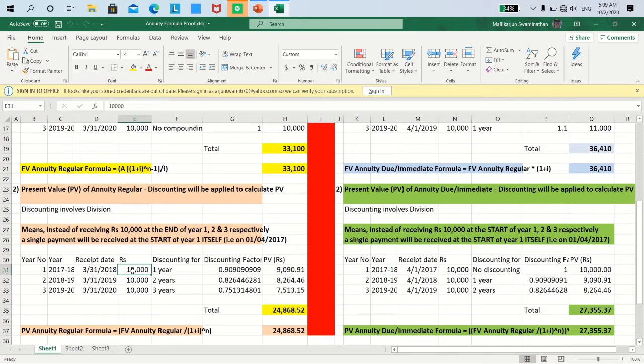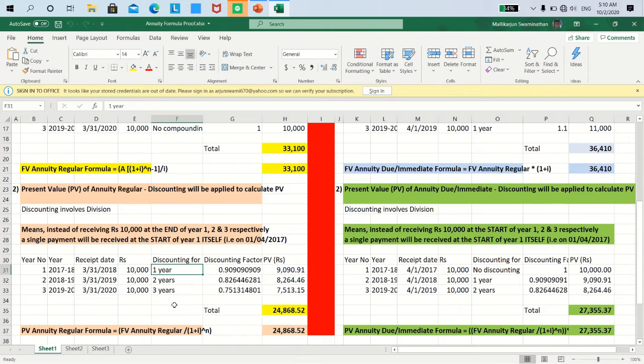So logically we understand that the single payment must certainly be lower than the 30,000. And if that has to be the case, then we need to divide, correct? With a number which should be less than 1 for each of the installments. Okay, now coming to the fact that in row 31 I have highlighted in column F, cell F31, discounting is